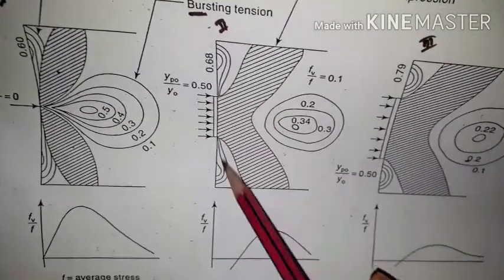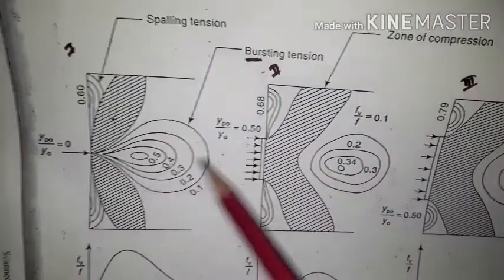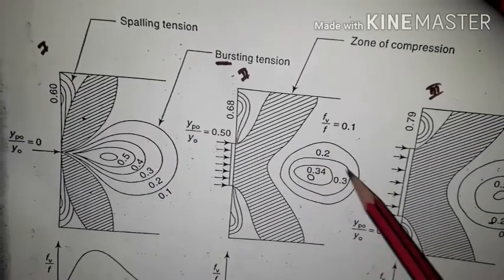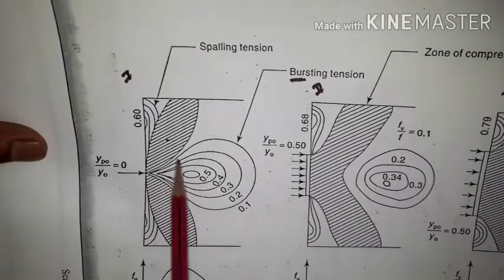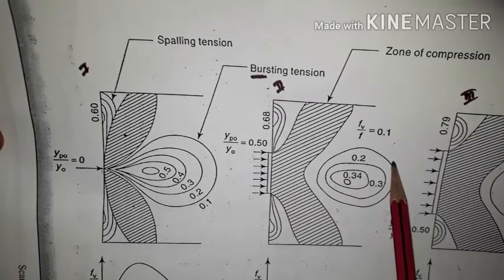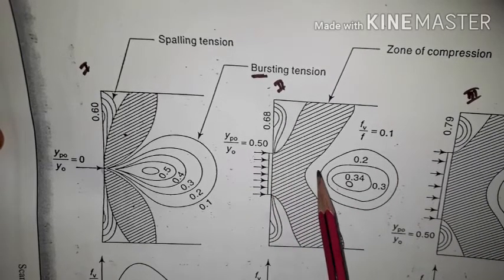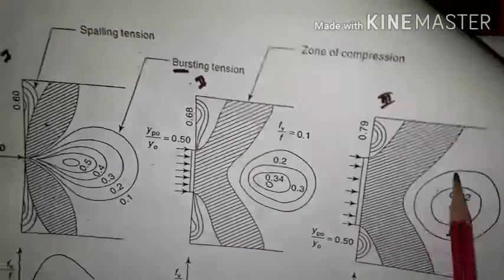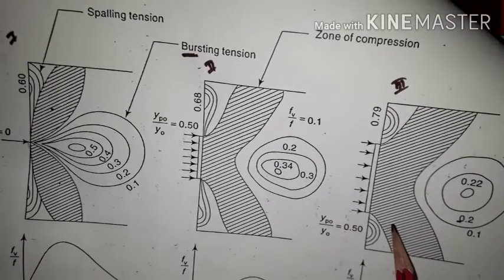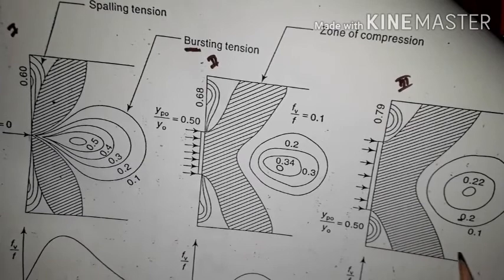Then after that you can see this is the compression zone. In the first zone the compression was very little but the tension was more. Here the compression is a little higher and the tension is reduced because it is away from the face of the section. So as we move away from the face, or the anchorage end, the tension decreases. Compression is there, but we don't have to worry about it because concrete is strong in compression.